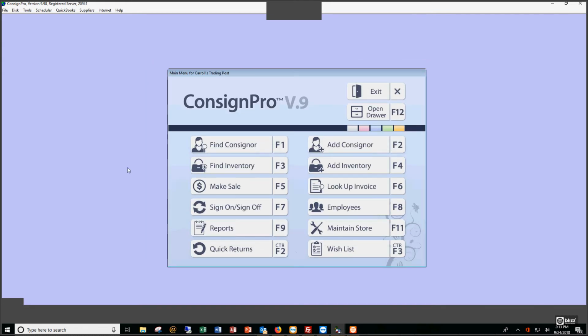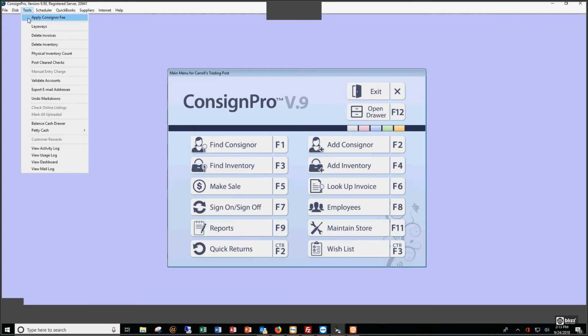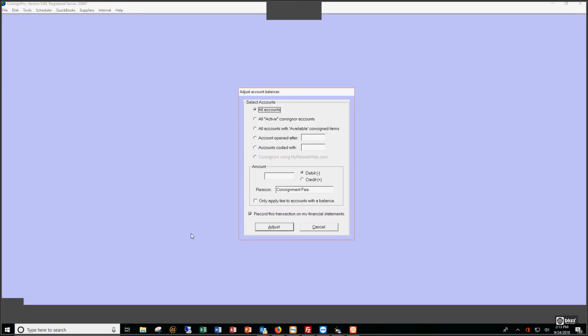The last thing we'll talk about is how we can charge all of your consignors. Up here on the Tools menu, we've got something called Apply Consignor Fees. When might you do this? An example of this would be maybe you charge an annual consignment fee to your consignors for being a consignor in your store. We have some customers that definitely do that. So what you might do is come in here on the first of the year and say charge all consignors a $10